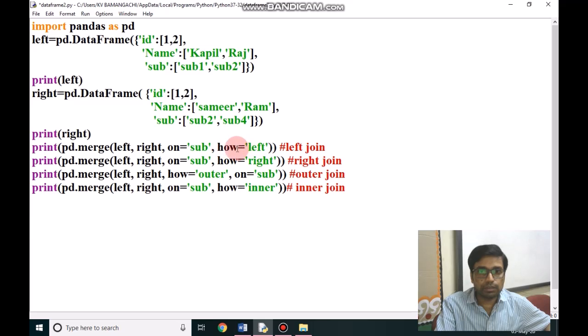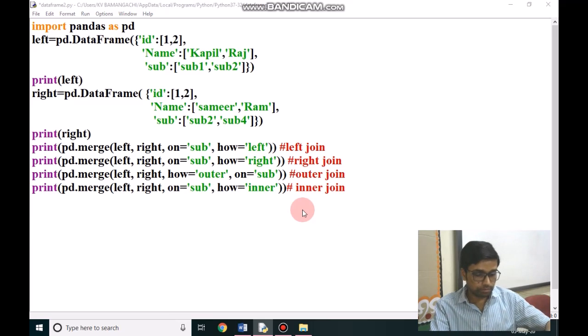How is an attribute, also a keyword. How equal to left, on is sub, on sub how to merge, on sub how right. Right join, left join, outer join, and on sub inner, inner join.